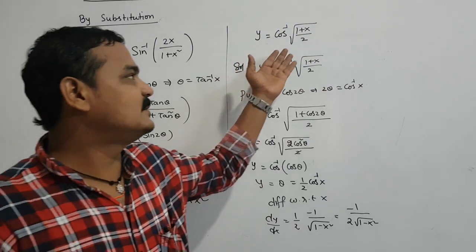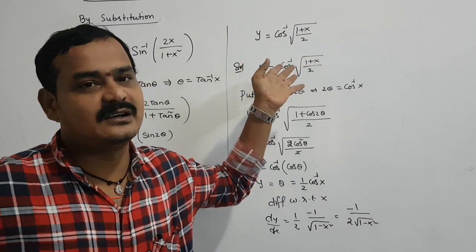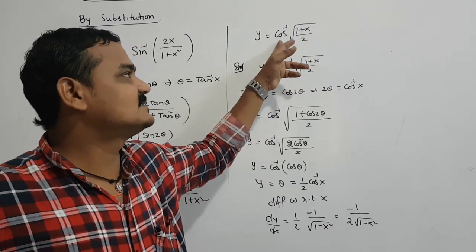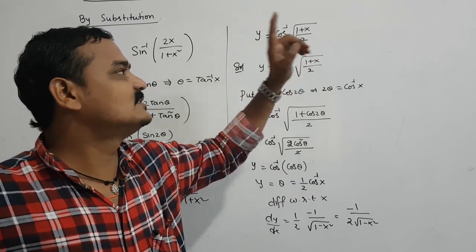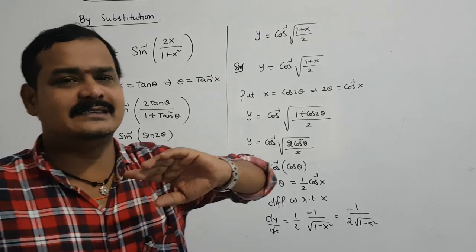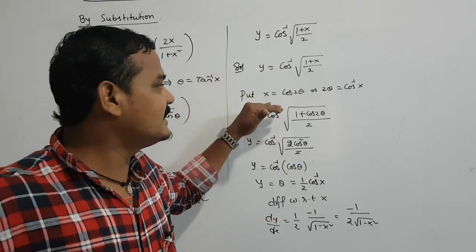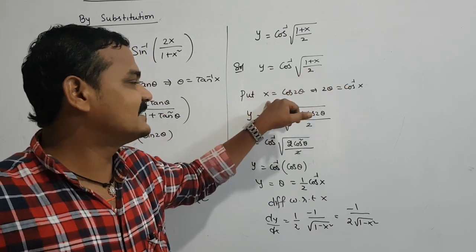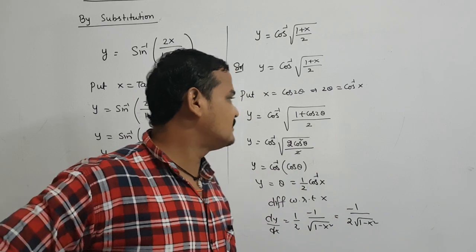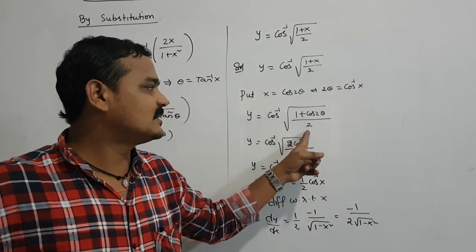What you saw before in the D exercise, you can simplify by the chain rule, using three functions. The first one is cos inverse, the second one is root, and the third one is 1 plus x by 2. It becomes lengthy. Finally you can get the answer, but it is lengthy. But here what I did is substitute x is equal to cos 2 theta. So 2 theta is equal to cos inverse of x. So cos inverse of root over 1 plus cos 2 theta by 2.